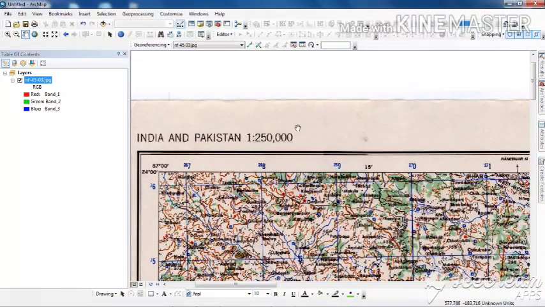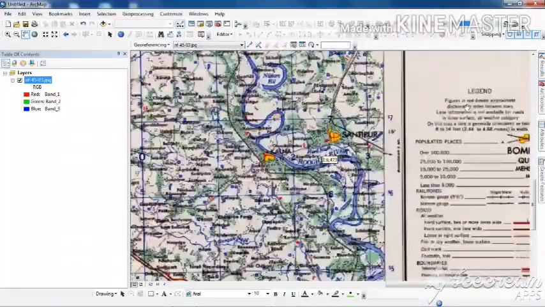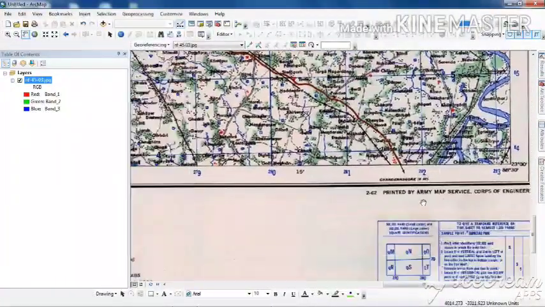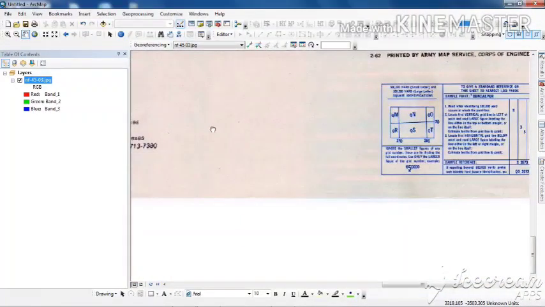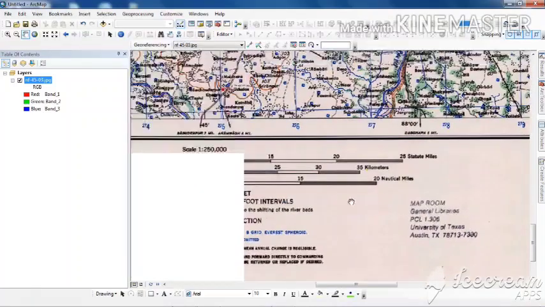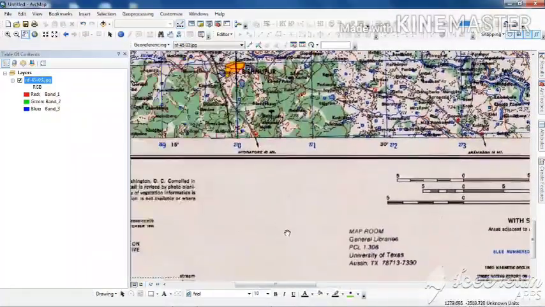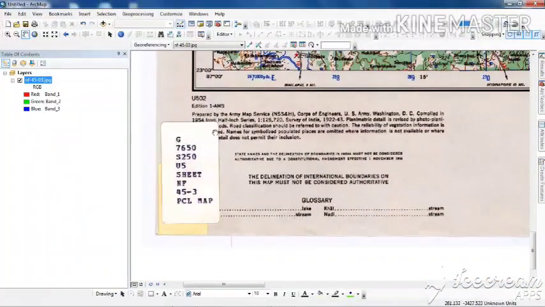You can see the scale, and from this index, the legend is given over here. Similarly, this particular location is also specified. The year of survey, scale, and other things are given over here, and this is the reference number of this particular sheet.